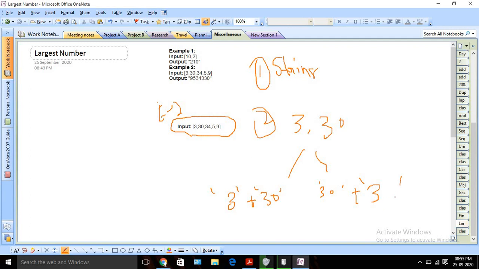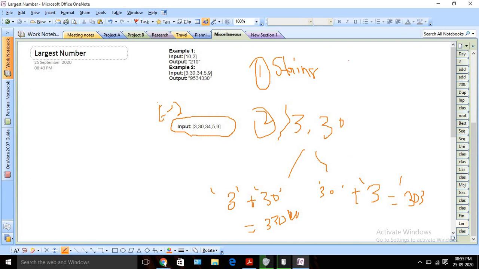If we check the result, in one case our string will be 303 and in the other case our string will be 330. Obviously I am going to take this one, since it's the larger one. So this will be our custom comparator logic. I will add both strings and whatever is larger, I am going to consider that while sorting.